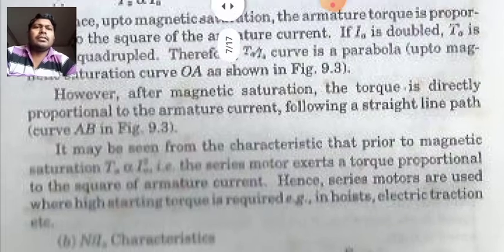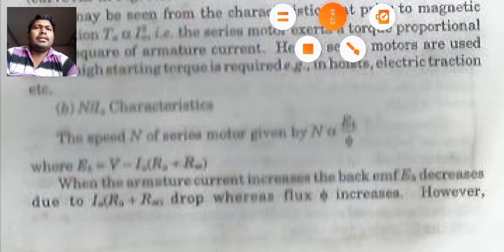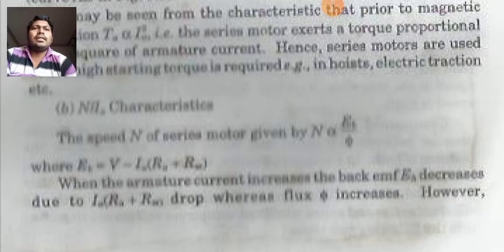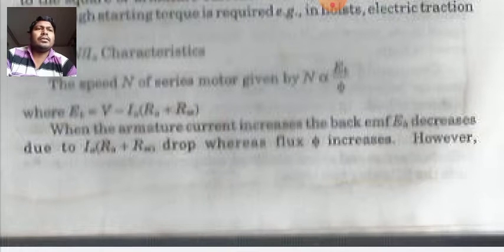Now we will discuss the speed versus armature current characteristics. Here the speed N of a series motor is given by N proportional to Eb by phi, where Eb is equal to V minus Ia into (Ra plus Rse), that means the series field resistance. When the armature current increases, the back EMF Eb decreases due to the Ia into (Ra plus Rse) drop, whereas the flux phi increases. However,